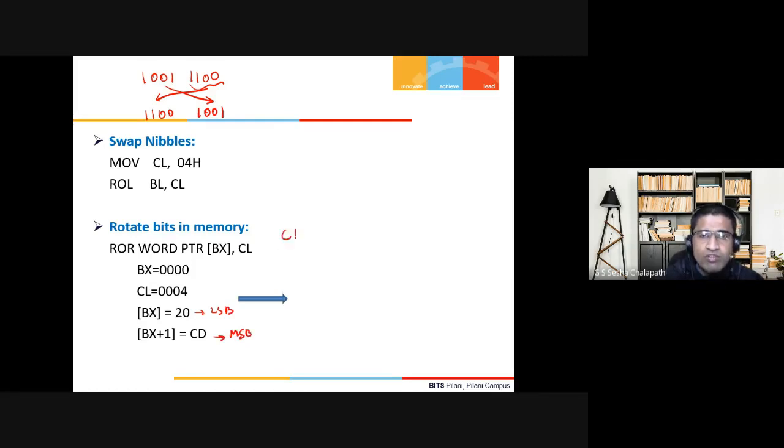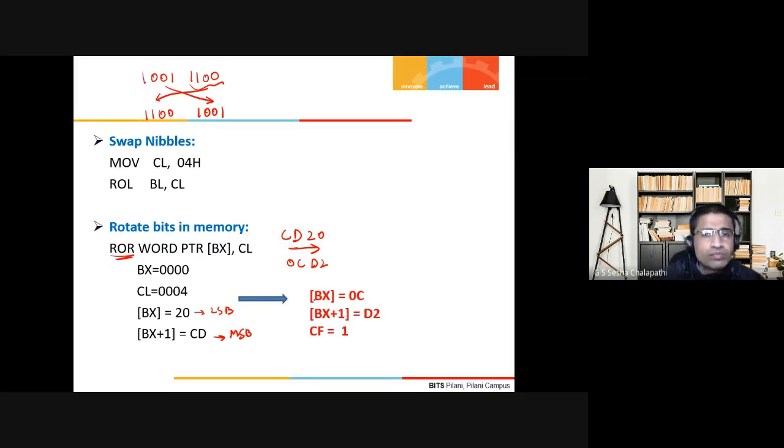The word before rotation is CD20. You are doing a right rotation, that means it will go this way, and therefore this will become 0CD2.